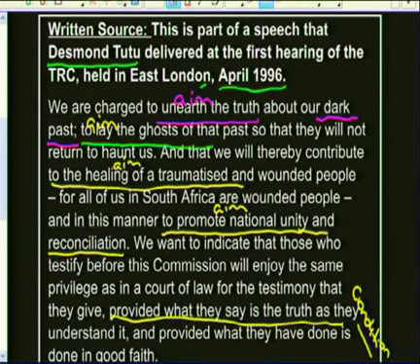Because in your learning, you will already know that there were conditions to getting amnesty. Not everyone was going to be granted amnesty. People had to reveal the whole truth. They had to prove that the crimes committed during the apartheid times were politically motivated, because if they were not politically motivated, then they would have to go to a normal court of law and be prosecuted there. So that was not the aim of the TRC.